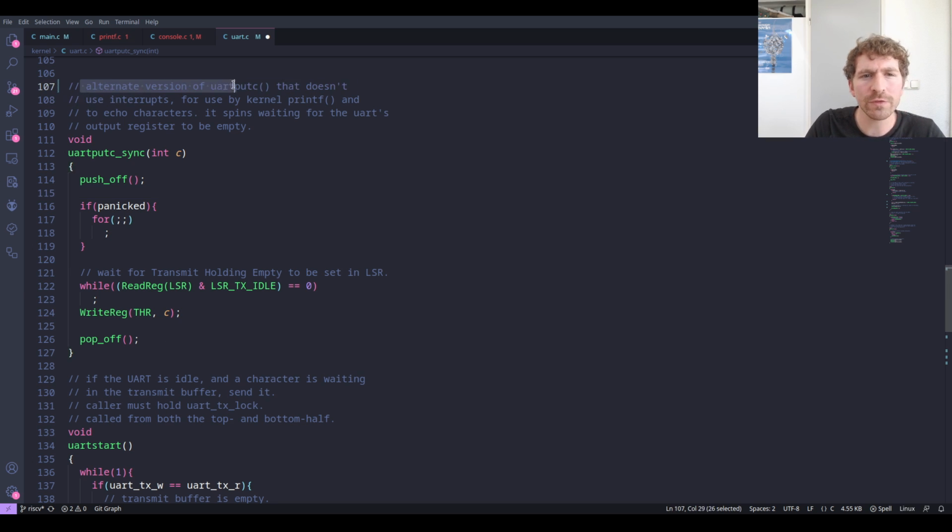Okay, so this is an alternate version of UART putc that doesn't use interrupts, for use by kernel printf and to echo characters. It spins waiting for the UART's output register to be empty. So this is actually getting at this thing that I talked about earlier, which is that when you transfer bytes, you don't want to spin and wait forever. Except for when you're in the kernel and you are doing low-level kernel printing. In that case, you do want to spin forever because you don't want to switch from your kernel context into